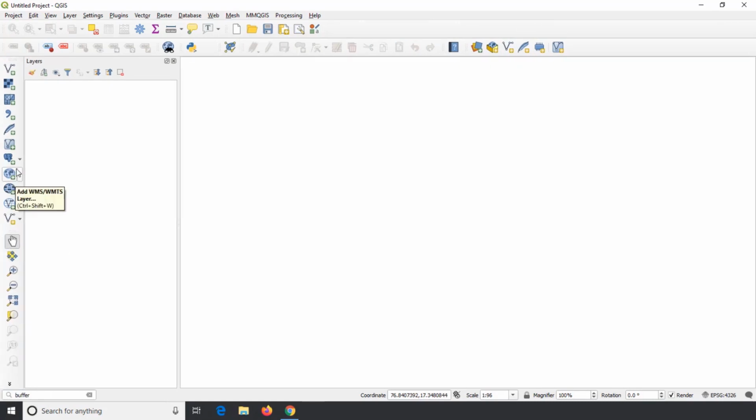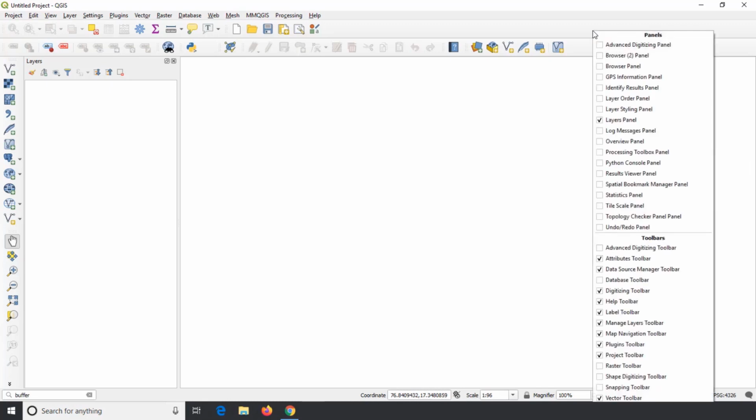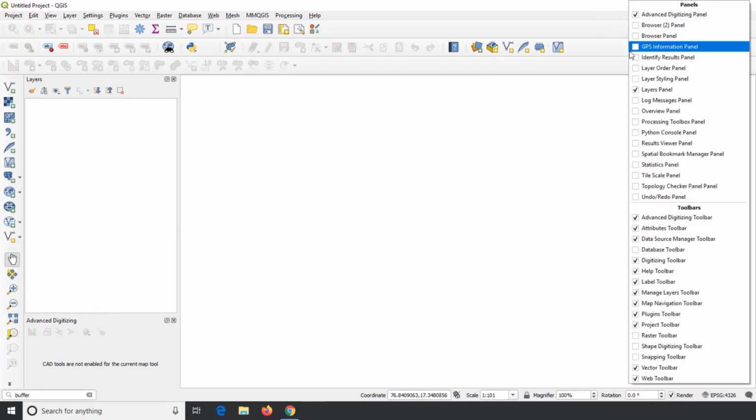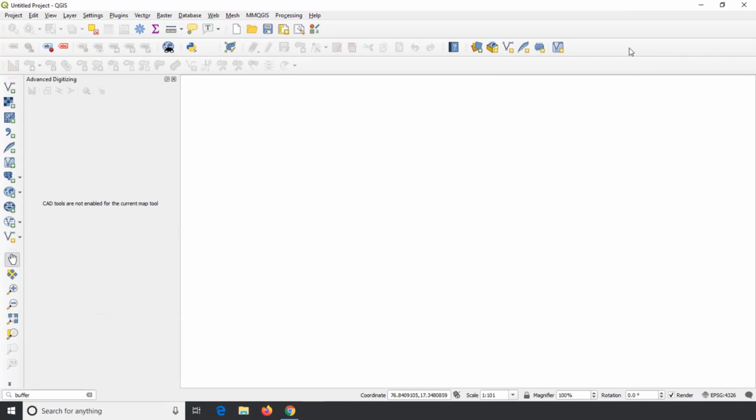There are several toolbars and panels available in QGIS which are not visible on the screen now. These tools are kept in the backend of the software. Based on our requirement, they can be brought to the front end. To open other available tools, right click on an empty space of the toolbar and check the box of the tools and panels which should be opened. To close any open tools and panels, uncheck the box. To know more about the tools in a toolbar, keep the cursor on top of it. Now you can see the name of the tool.